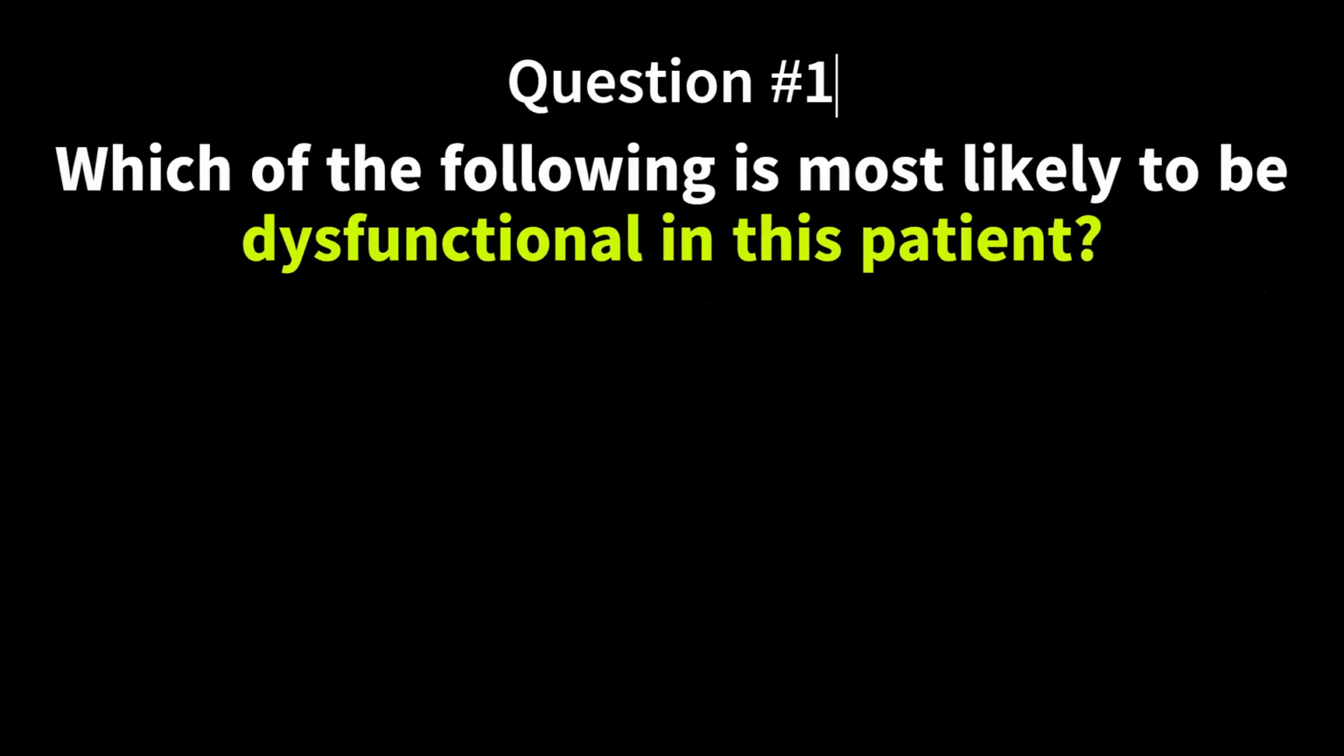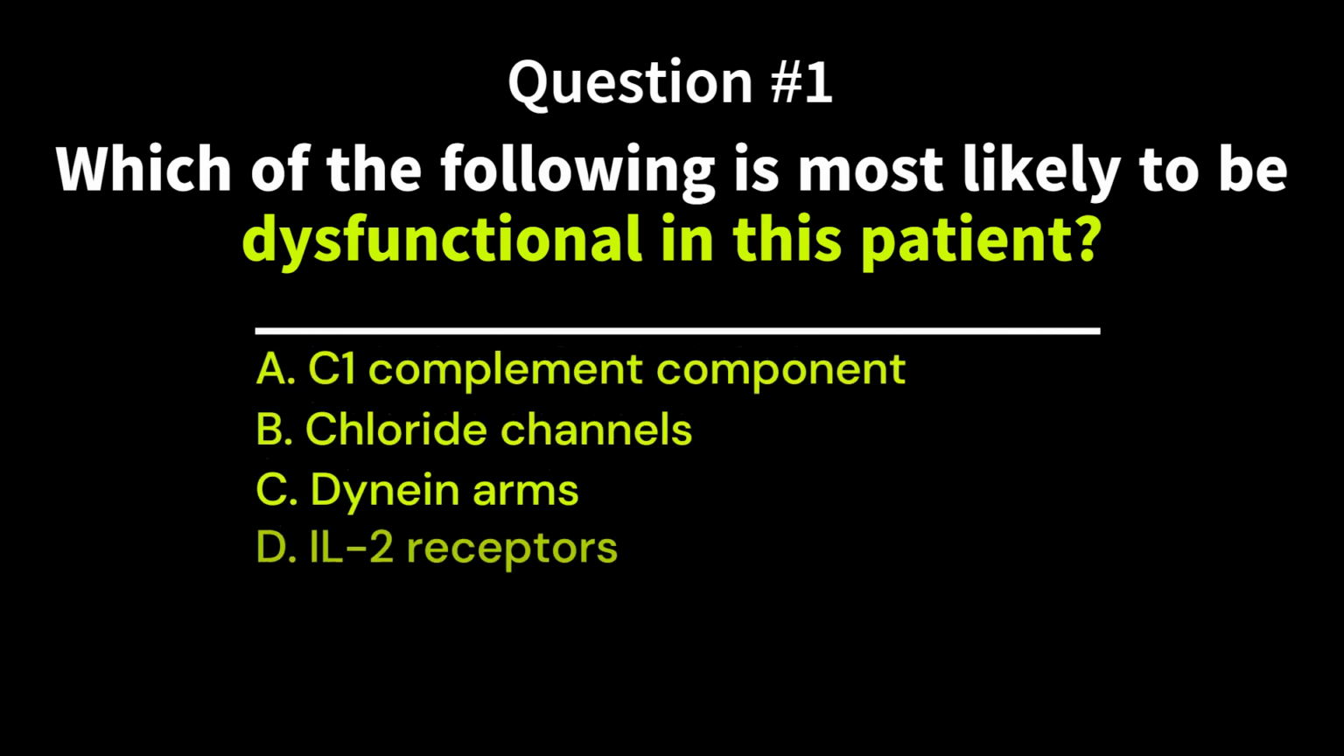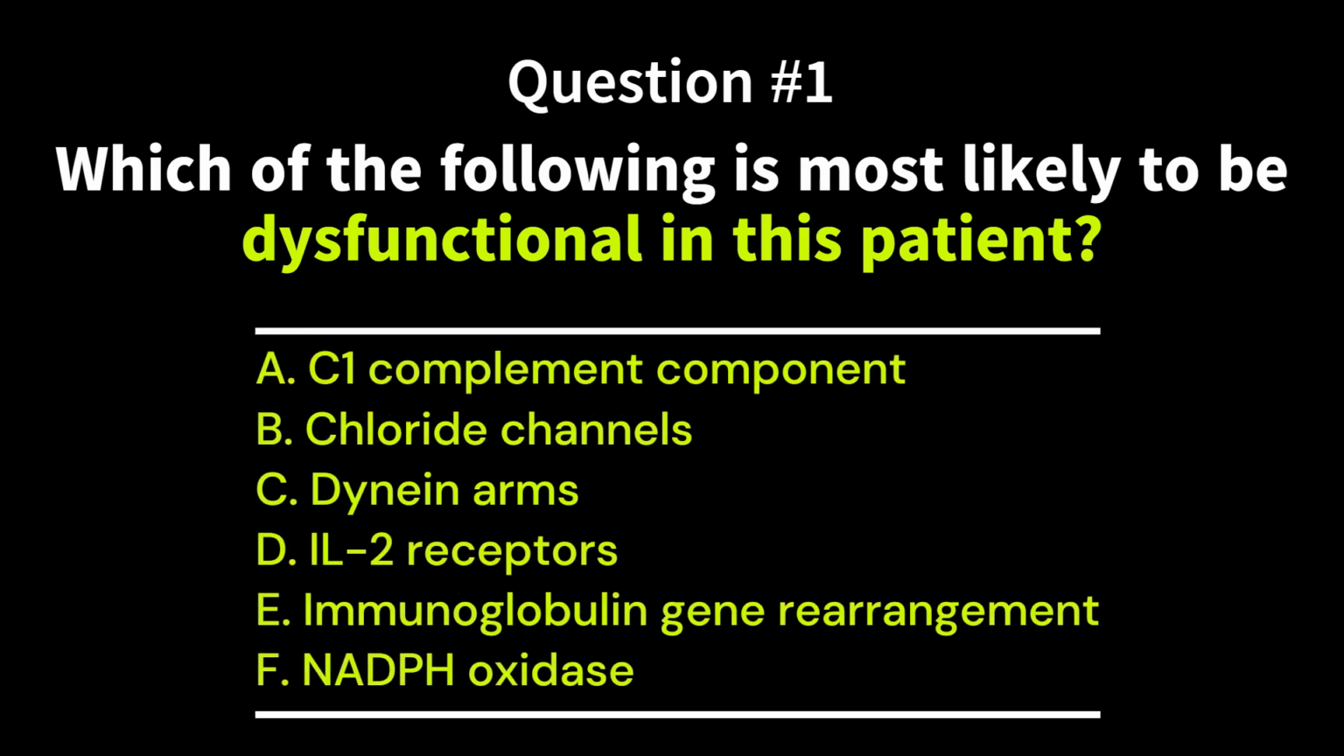For the following case, which of the following is most likely to be dysfunctional in this patient? A. C1 complement component. B. Chloride channels. C. Dynein arms. D. Interleukin-2 receptors. E. Immunoglobulin gene rearrangement. F. NADPH oxidase. The case scenario is: a 4-year-old boy is brought to the emergency department for difficulty breathing and